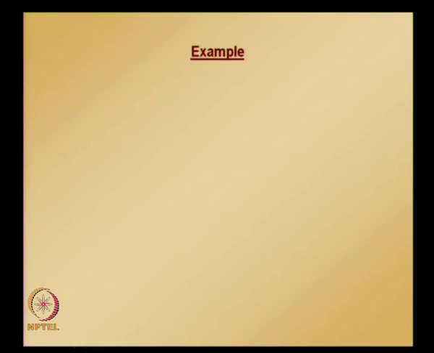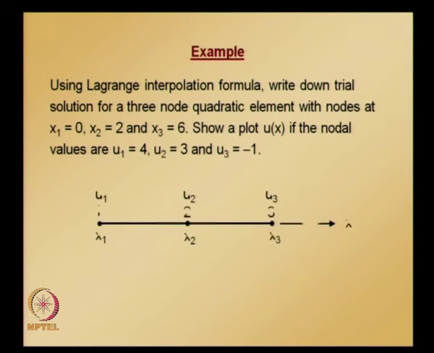So, now let us take another example. Use the Lagrange interpolation formula, write down the trial solution for a 3 node quadratic element with nodal coordinates x1, x2, x3 given, and also show a plot if nodal values u1, u2, u3 are given. So, the first step is we need to write the shape function expressions N1, N2, N3 by substituting the x1, x2, x3 values,